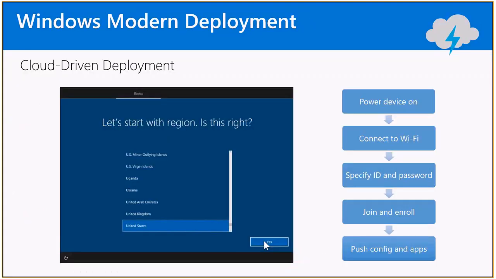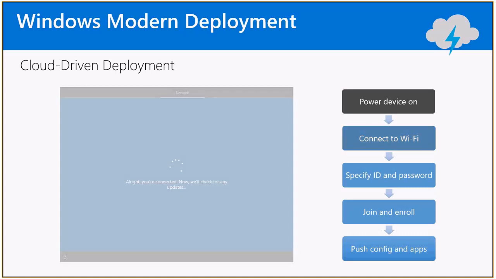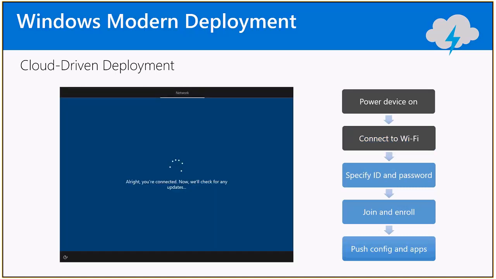So to see just real quick what the user experience looks like for doing this type of cloud management or modern management, when the user gets the device from the manufacturer and boots it up for the first time, or when we run a provisioning package on the device to reset it, remove the bloatware, and reinitialize the OOBE. The first thing they're going to get is your standard things about choosing the region of the machine, choosing a keyboard layout, things like that. Those things all come on at power on. At that point, it looks for an active network connection. So you have the ability to make sure it's internet connected at that point, and if it is, it will automatically sense that. And it will reach out and look not only to Microsoft to see if there are any